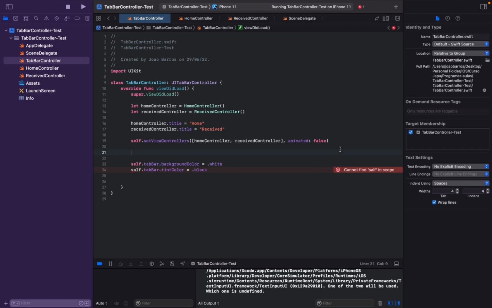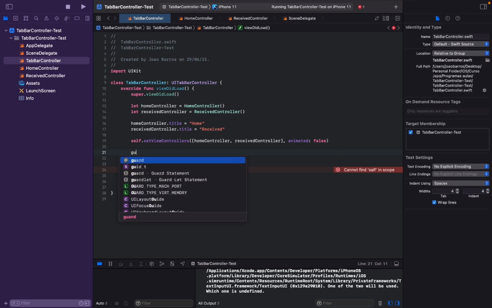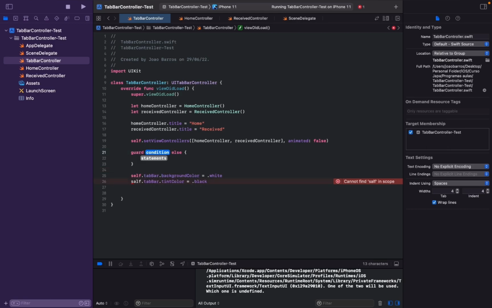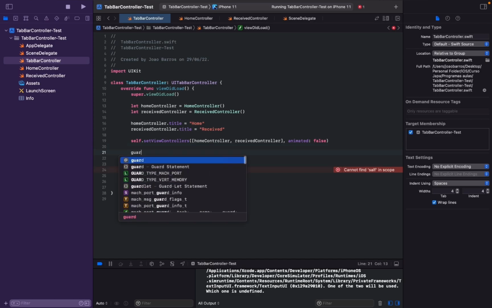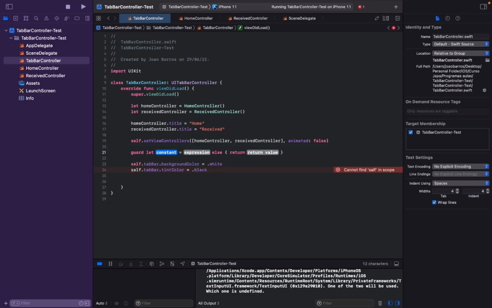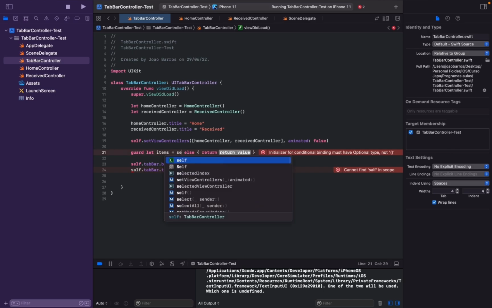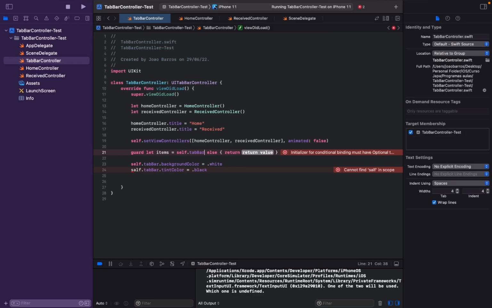Now we still need to set the images. To do it, we can type here a guard let statement. Oh no, this is wrong. I must put guard let, and I will call it items, and let's put the expression here. Let's type self.tabBar.items, else return. Nothing. All right,